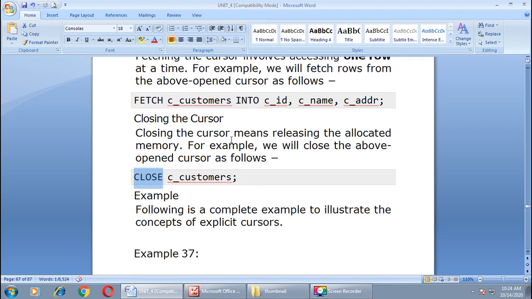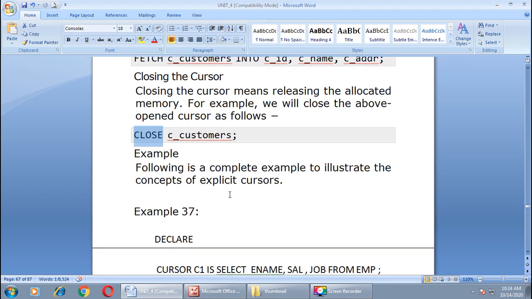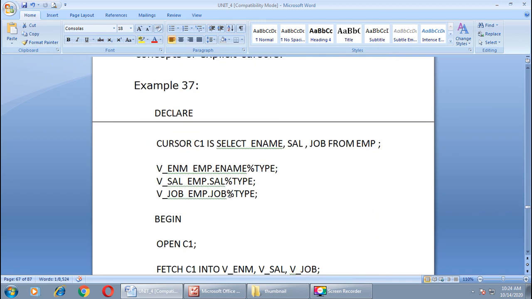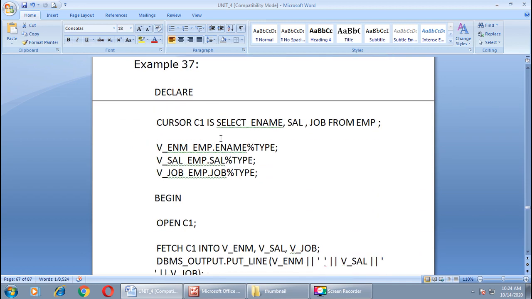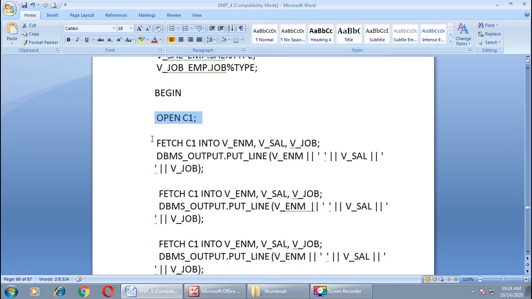We had gone through all these four steps, and we have taken one example as well. As I showed you in the previous example, in this way you can declare a cursor, then open a cursor like this, then fetch a single row at a time.